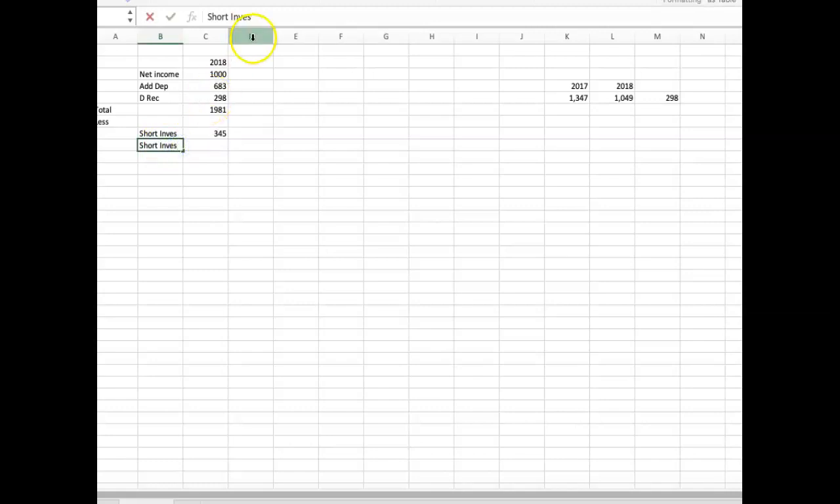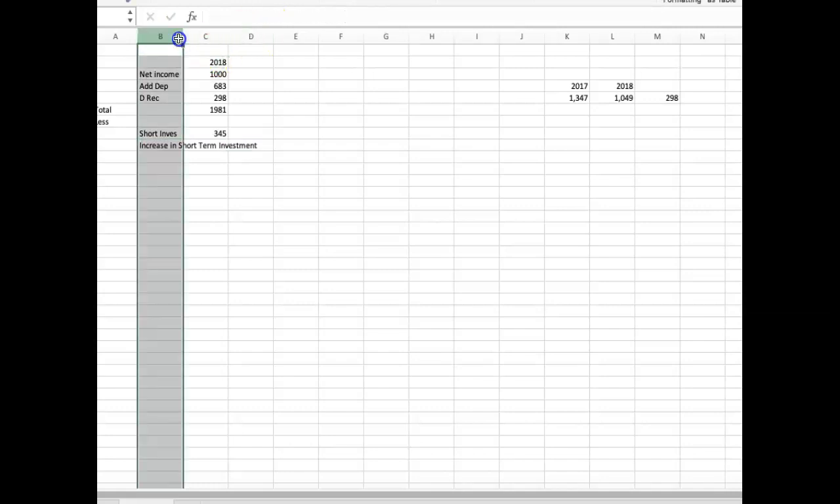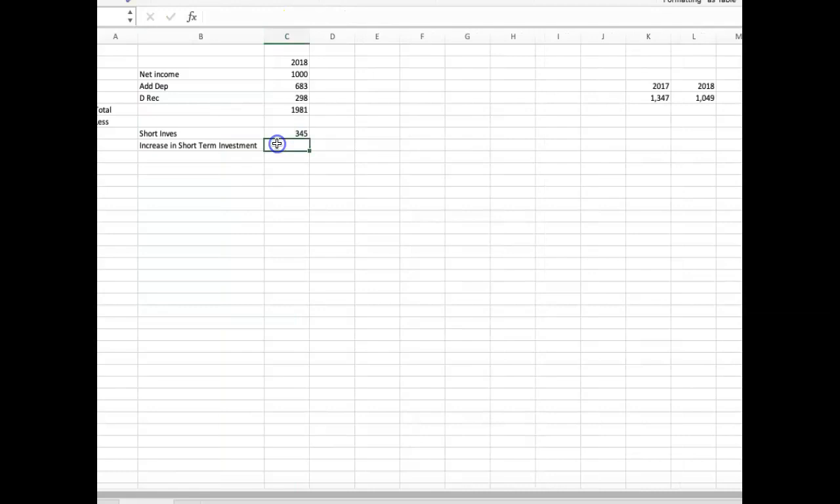In here, increase in short-term investment. I'll spell it all out. And that was, if we look over here,